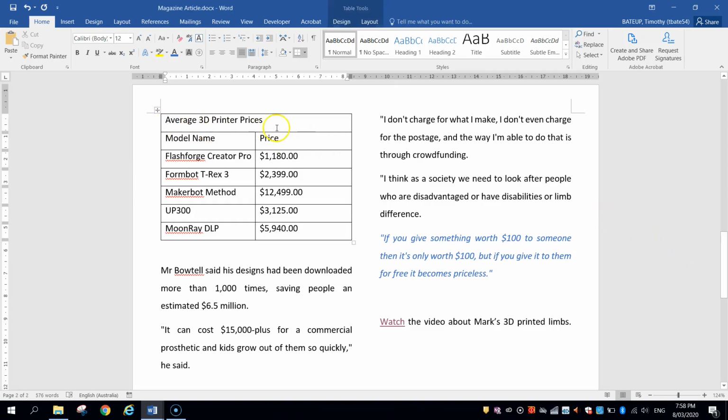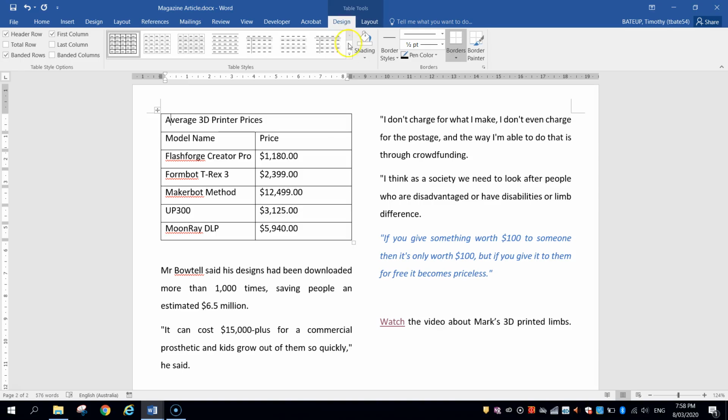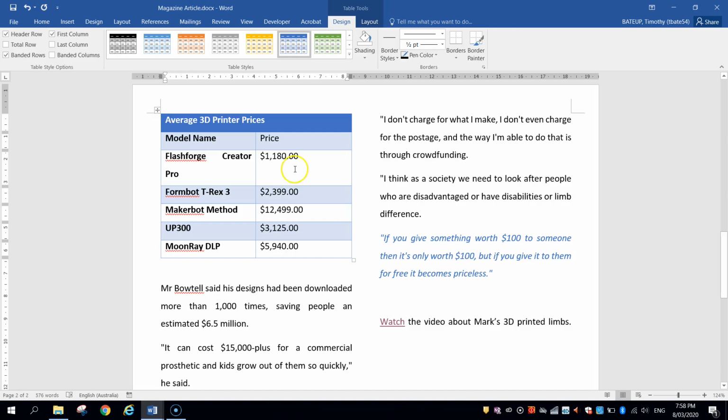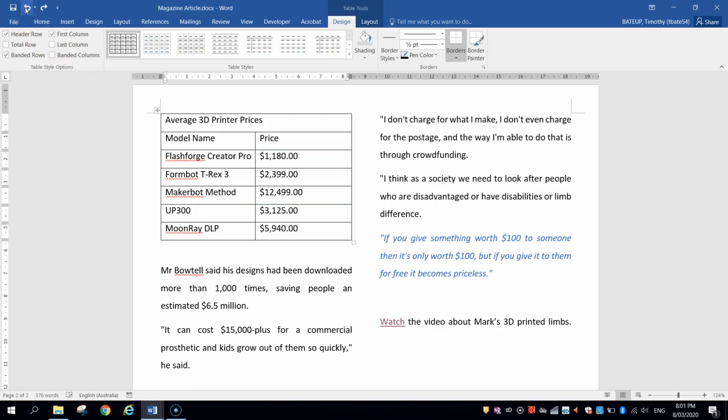You can click inside this table, anywhere inside the table, and go up to the Design Table tool up here. Usually you've got different colors that you can add into your table. So for example, you might go this blue color. You just click on it once, and that looks pretty nice. But let's say we don't like that bluey kind of color. You want to come up with your own colors. What we could do is just undo what we've done. So I'm going to hit that little backwards arrow at the top here.